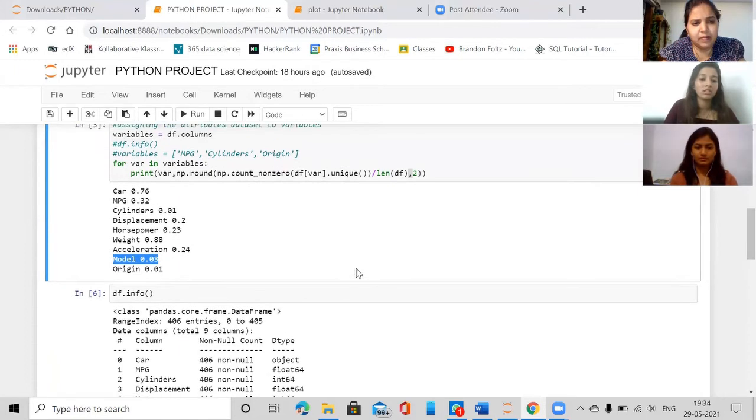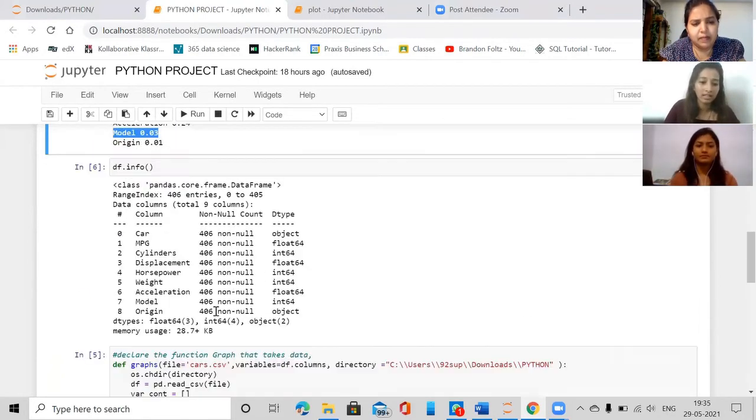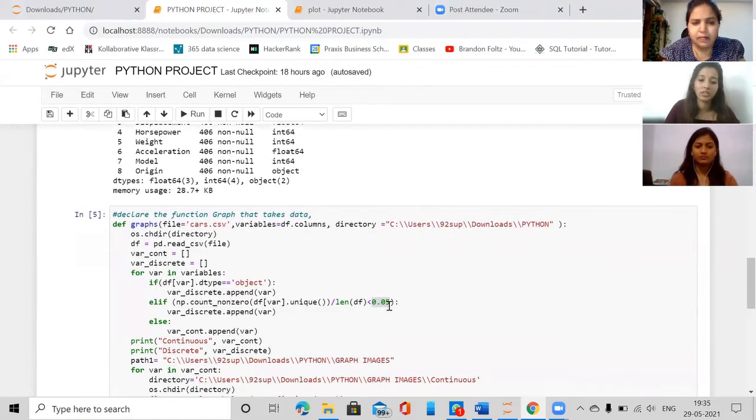When we compared with many data sets, we found that there's a certain threshold of 0.05 below which everything is categorical. So that's why we have taken a threshold of 0.05 to store all the columns with percentage of unique values less than this in a categorical variable. And if values are greater than 0.05, it will be stored in a continuous variable, which is numerical in this case. So this way, all our discrete and continuous variables are separated. The next will be explained by Supriya.